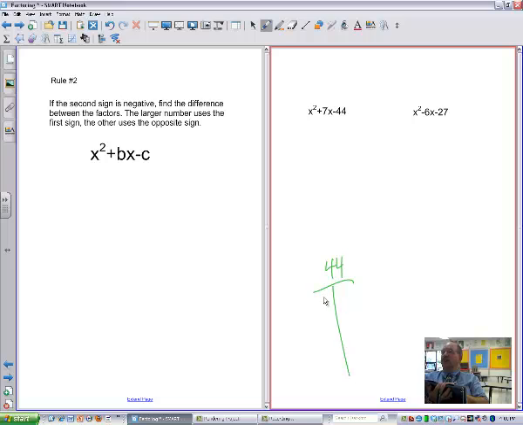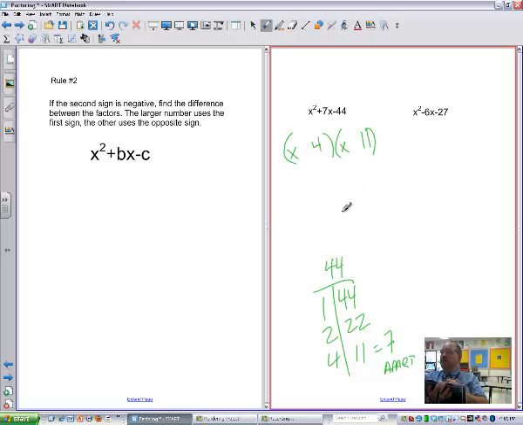List off your factors of 44. Factors of 44 might include 1 and 44, 2 and 22, and probably 4 and 11. And so, the pair that are 7 apart, the difference being 7, I think it's these two, right? The difference is 7. 7 apart. Okay? And so,